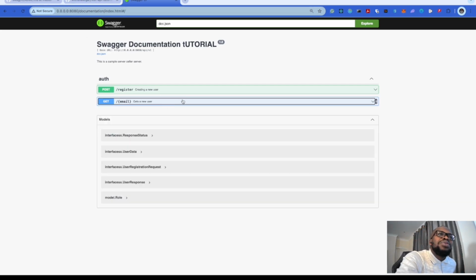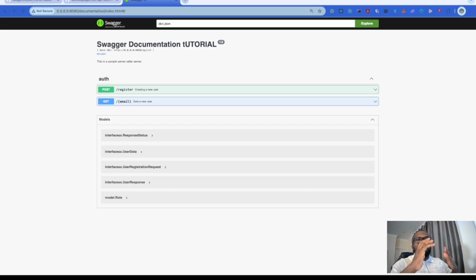So this is how to quickly create documentation for your Gin API. It's that simple and straightforward. So I'm going to push this to the GitHub repository. I'll create a new branch for it. Feel free to get it and